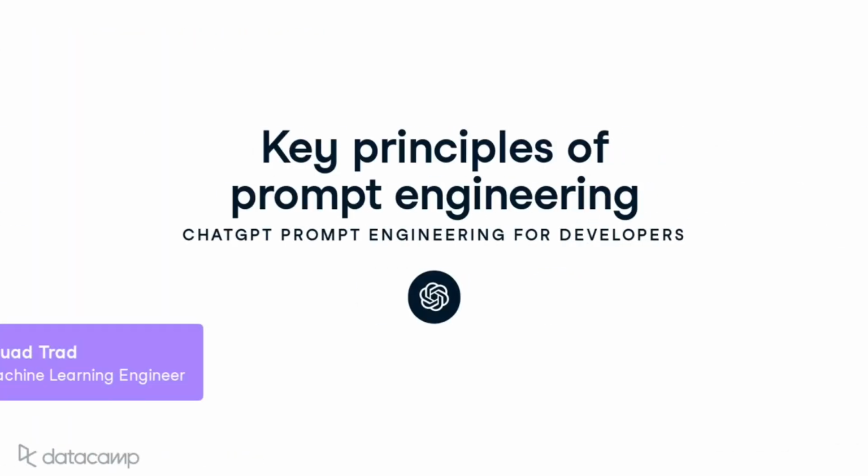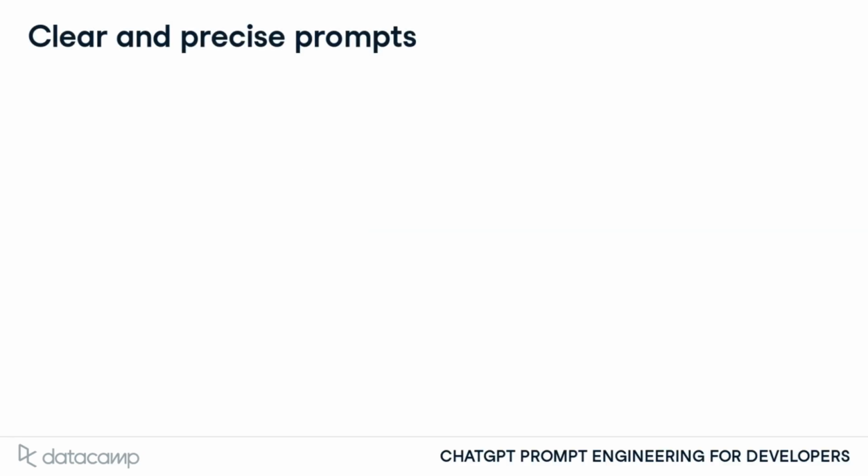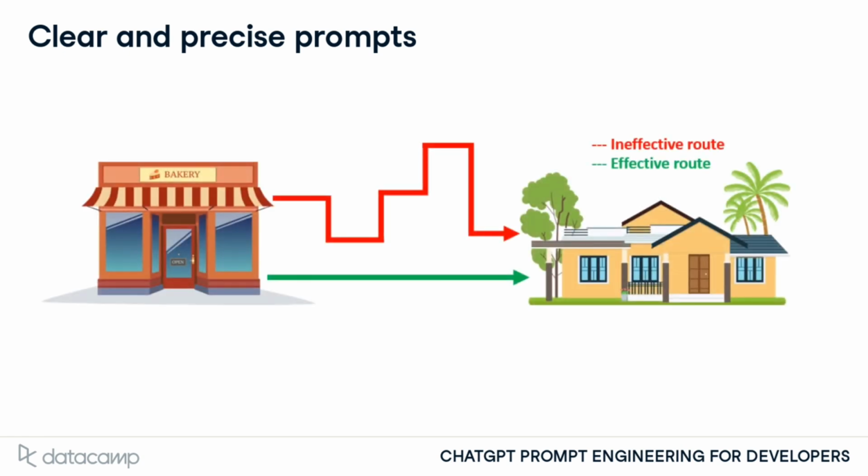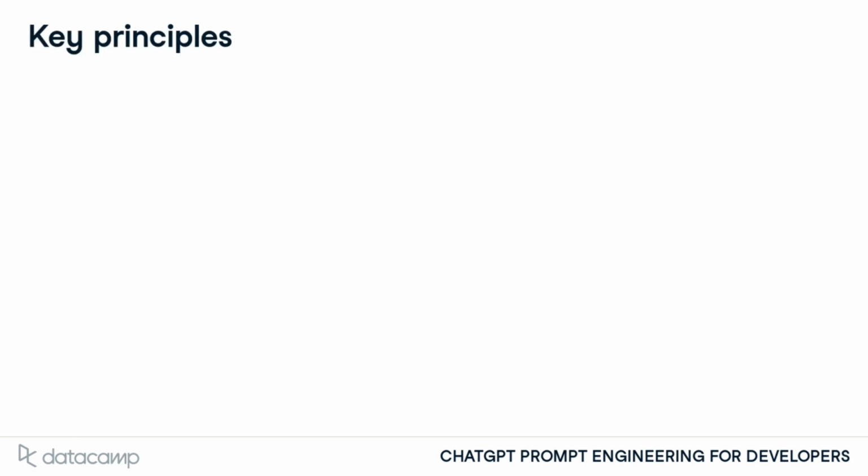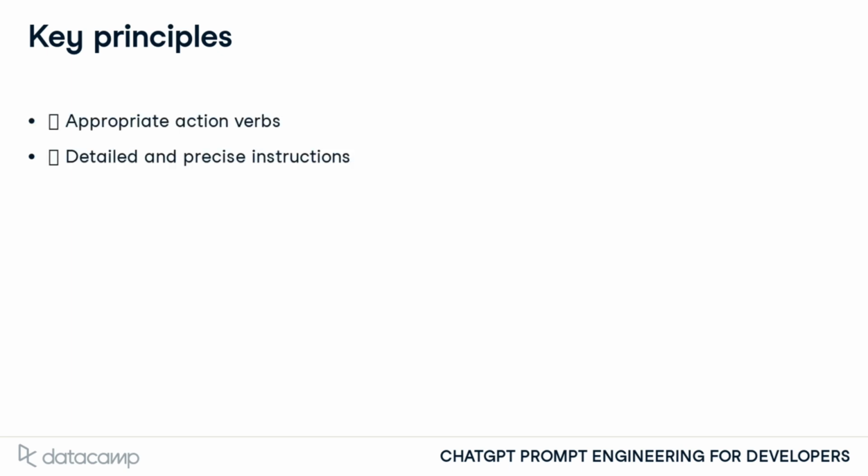Now we'll dive into the key principles of prompt engineering to create more effective prompts. When interacting with an LLM, we aim for clear and precise prompts to achieve the best results. This is like guiding someone from one location to another by choosing the simplest and most effective path. We'll explore 3 principles of prompt engineering, including the use of appropriate action verbs, detailed and precise instructions, and well-structured